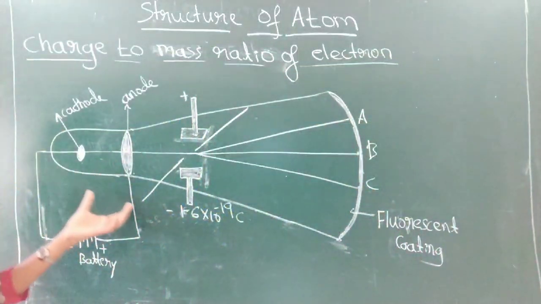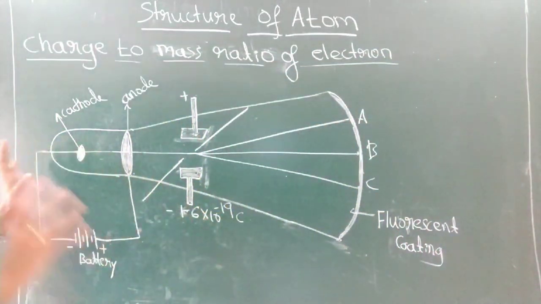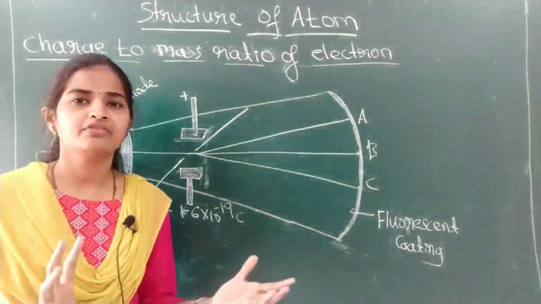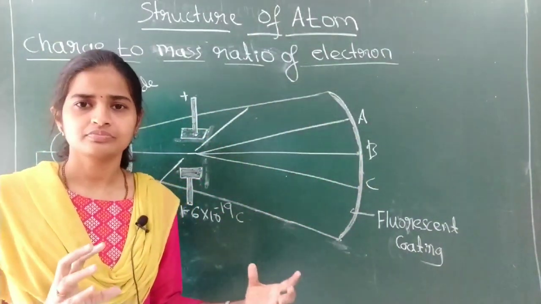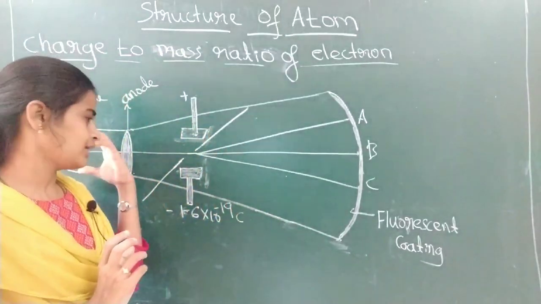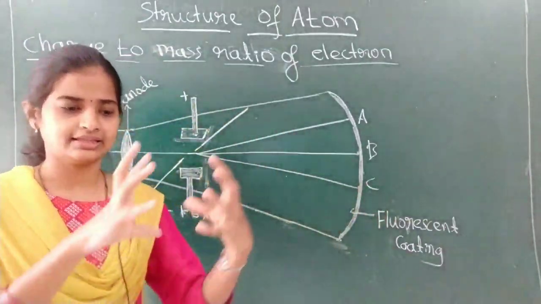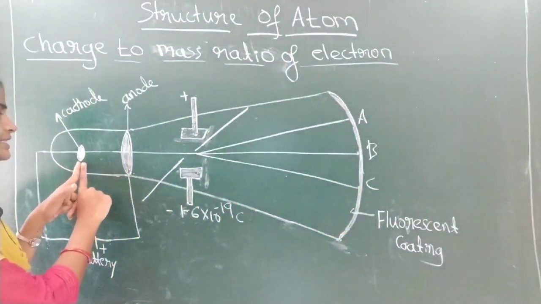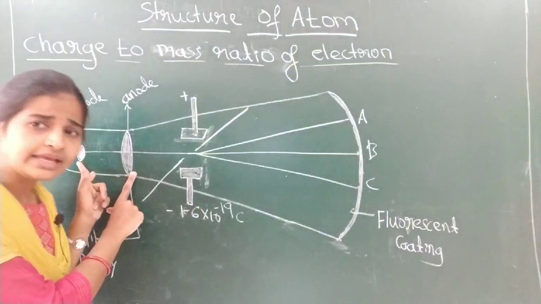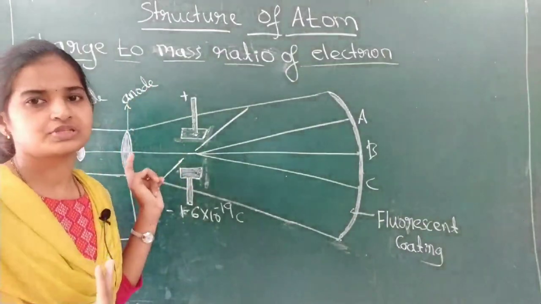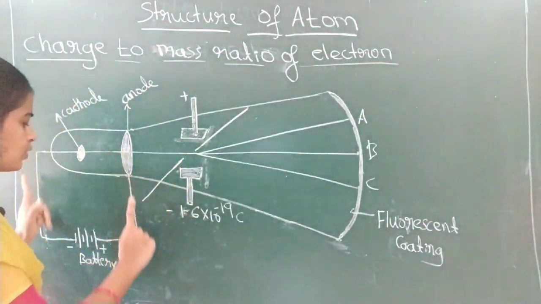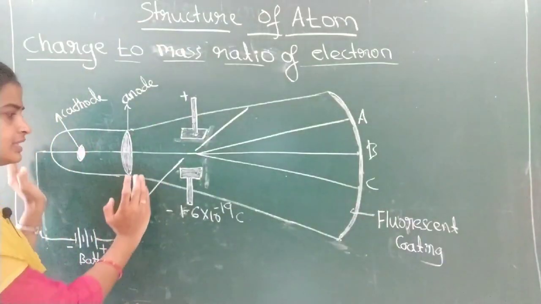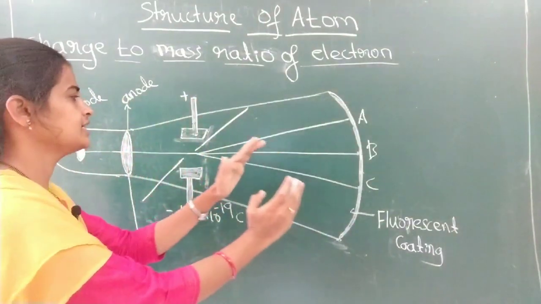See, it is nothing but the cathode ray discharge tube itself, isn't it? What modifications has he done? The shape of this you can compare with a soda bottle. It is narrow and later it becomes wide, like a soda bottle. In that he has cut two electrodes, two metal strips, and those two electrodes are further connected to the electric supply, that is a battery. This is the same, and further he extended that.